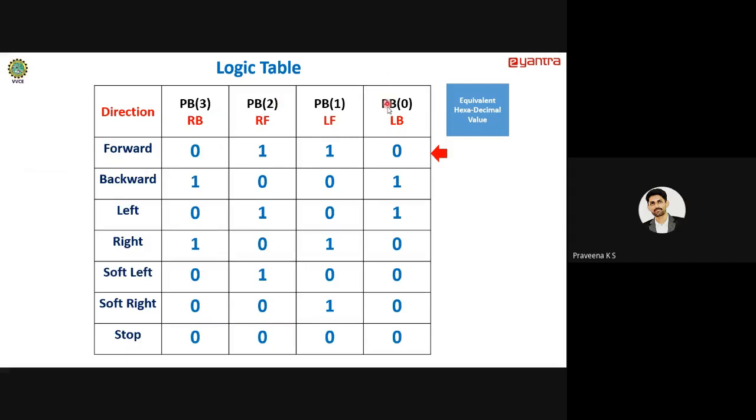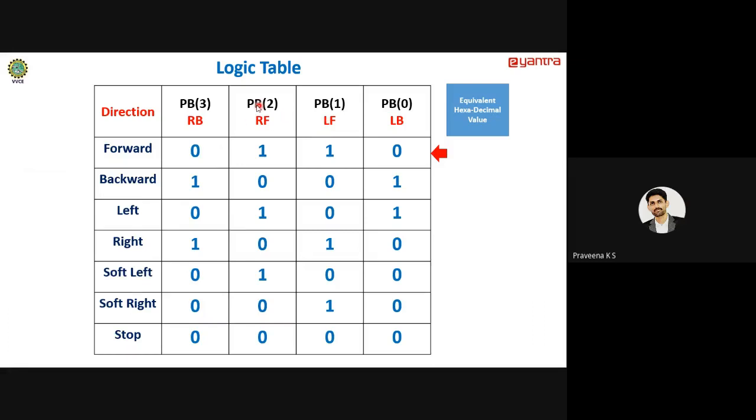PB0 pin is for LB, that is left wheel backward direction, and PB1 for left wheel forward direction. What is the meaning of that? If I set PB0 pin as 1, the left wheel will move in the backward direction. If I set PB1 as 1, the left wheel will move in the forward direction.